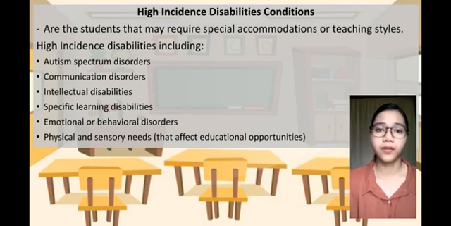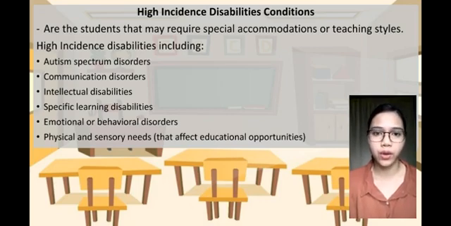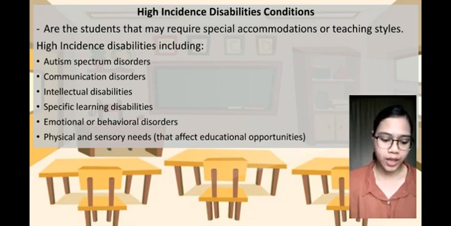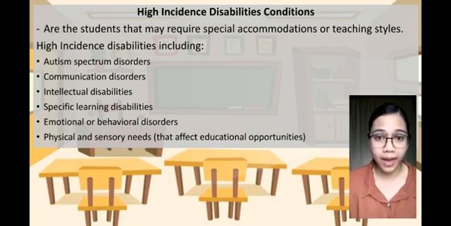Here are the examples of high incidence disabilities conditions. First is the autism spectrum disorder, or ASD. This condition can be characterized by difficulties in social skills, repetitive behaviors, and speech and nonverbal communication. Second is the communication disorder. This disorder is an impairment that affects a child's ability to comprehend, detect, or apply language and speech in